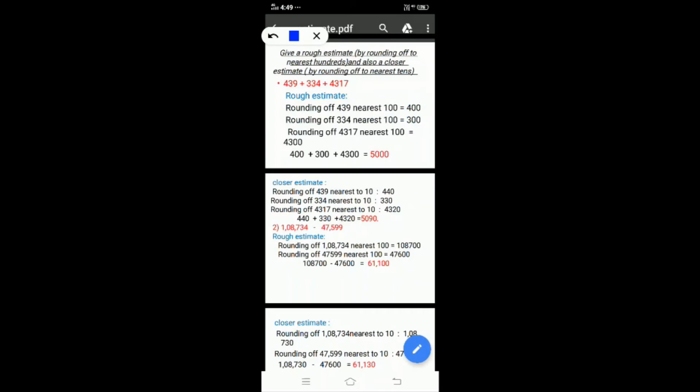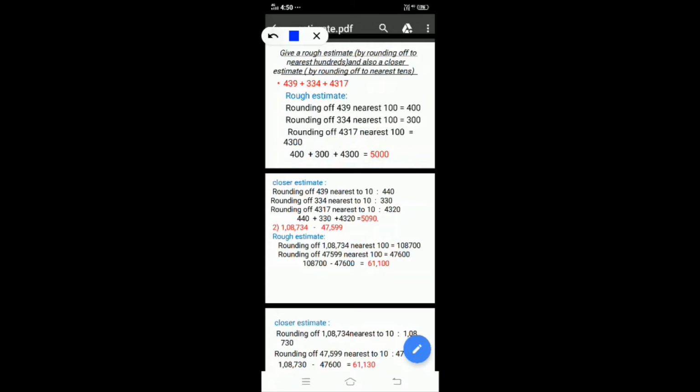Okay, now see what you have to do. You have to round 4,370 to the nearest 100, which means again you have to compare 70 with 50. Again 70 is greater than 50... the number is rounded in the 100 place, and the number becomes 4,300, and the answer will be the addition of 400, 300 and 4,300. The answer is 5,000. It is clear to you.